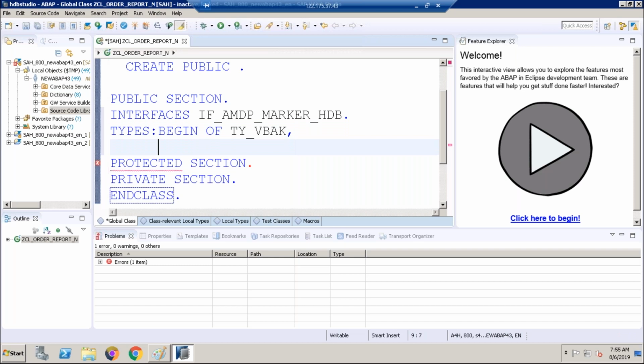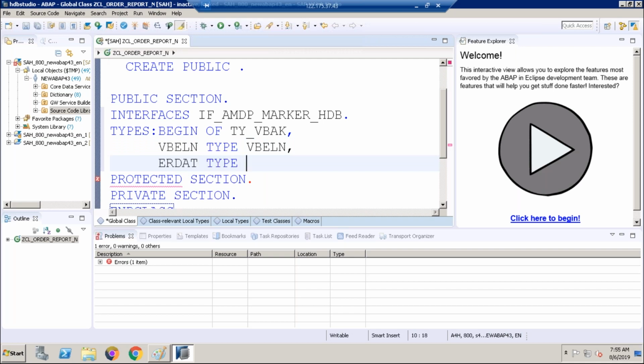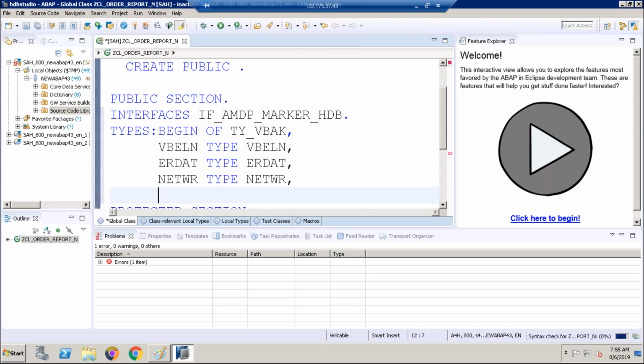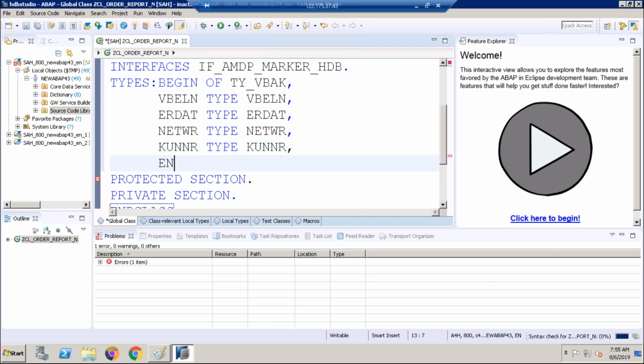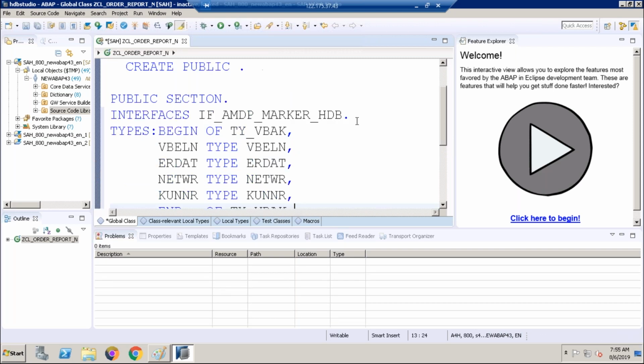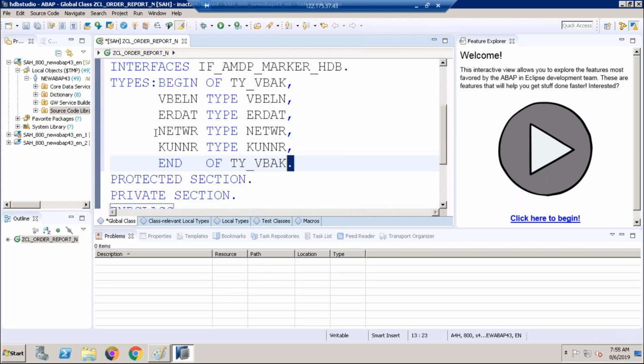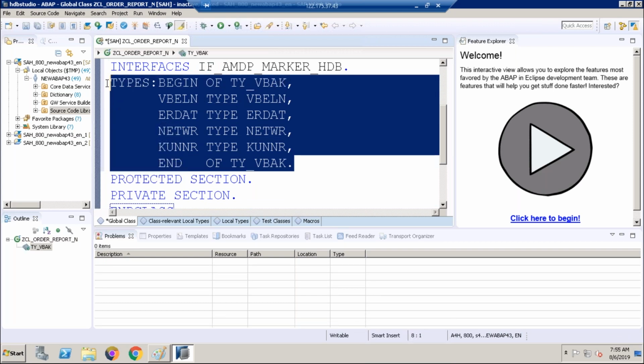You can define some variables, say VBELN type VBELN, ERDAT, NETWR: sales order number, sales order date, sales order value, customer number, KUNNR. BEGIN OF ... END OF. I'm not writing a big program, just a simple program. We'll see real-time, big programs later, no problem. So this is a simple structure.